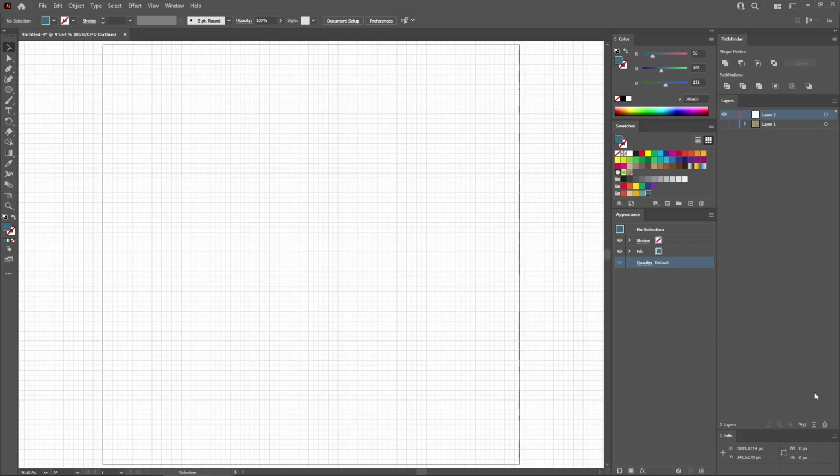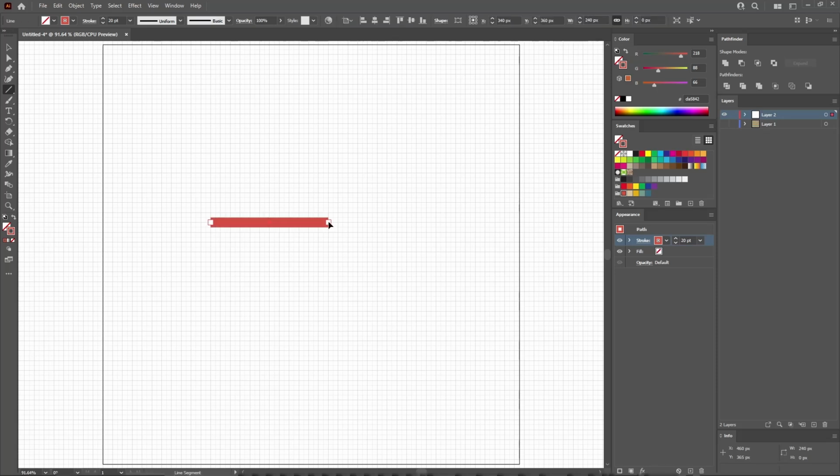Let's add a new one and keep it selected, and switch to the Line Segment tool from your toolbar. Start by pressing Shift and X to easily swap the fill and stroke color settings. Select the stroke and increase the weight to 20 points. Replace the color with your saved red, and then hold down the Shift key to easily create a 240 horizontal